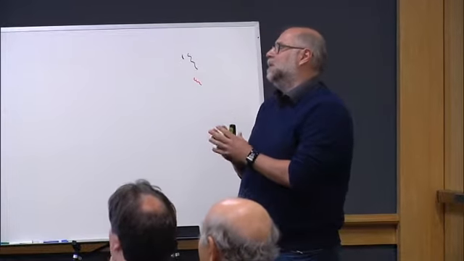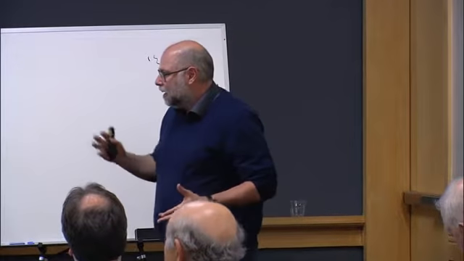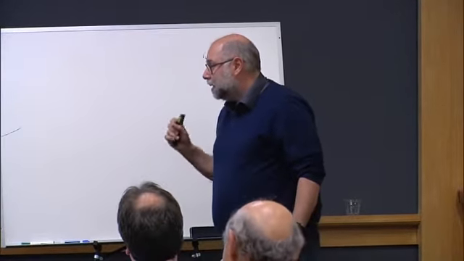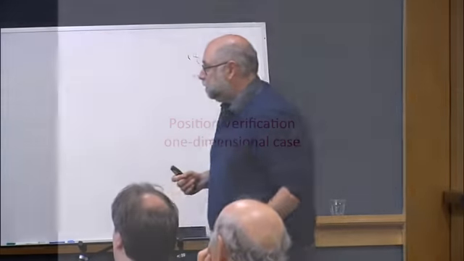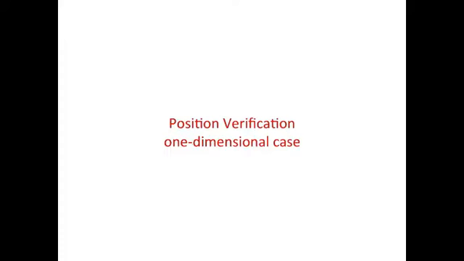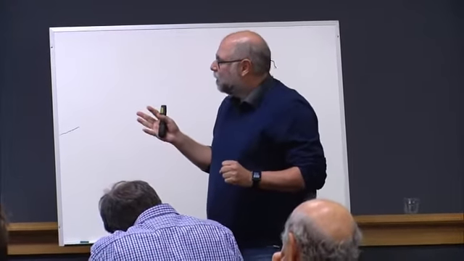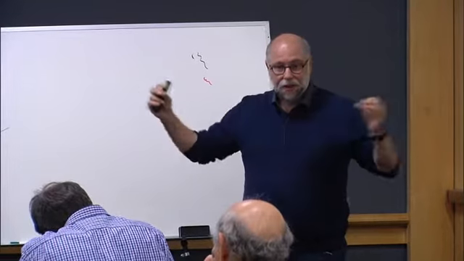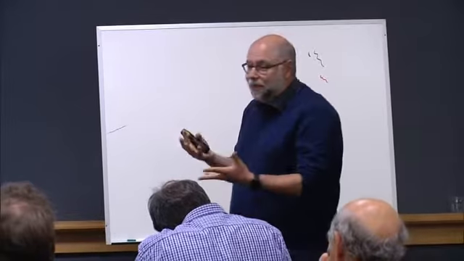Moreover, when you have position verification, you can use it as a building block for other cryptographic tasks like authentication and position-based key exchange, which leads to the nice primitive that you can send a message to a certain location and you can only read the message when you are at that specific location. Okay, so position verification really should be thought of in a three-dimensional world. But for the purpose of this talk, I'm going to use one dimension, the line, because all the problems are already present there, and it's much easier to reason about.